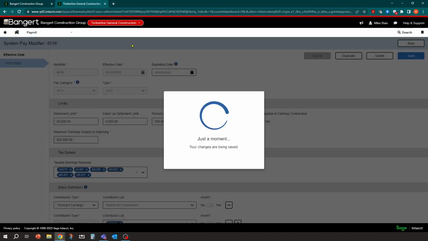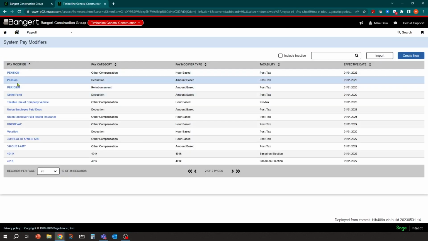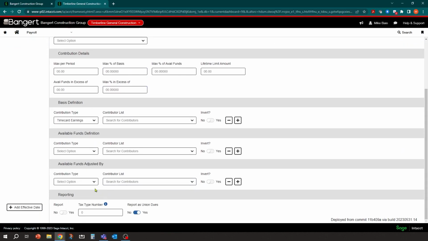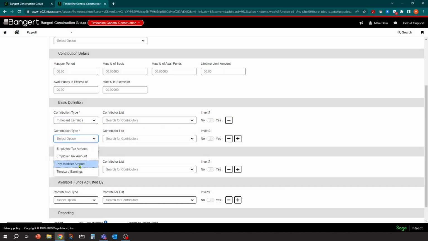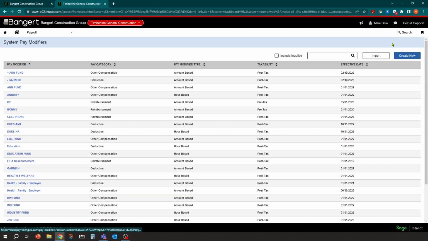So you just want to make sure that any other pay modifier that the employee might be getting, for example, maybe a garnishment pay, that's eligible as well. So you would need to go into the garnishment, and you would want to add to the time card earnings, also deduct out the pay modifier bonus as well for that, just in case they had that. Okay, so you do want to make sure that's one of your steps that you have set up in the system. Once you're good with that, I'm going to hit cancel here. I'm not going to save that one. You're ready to move on to the next step.